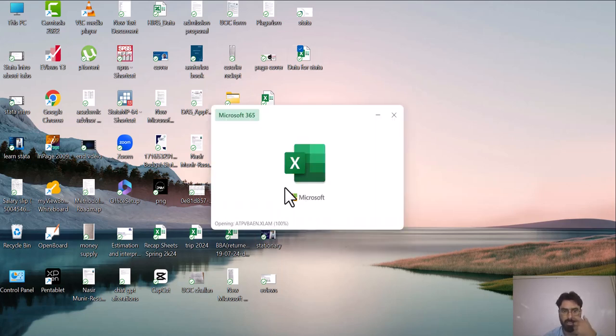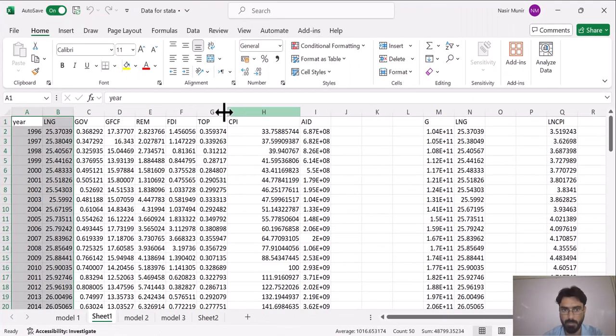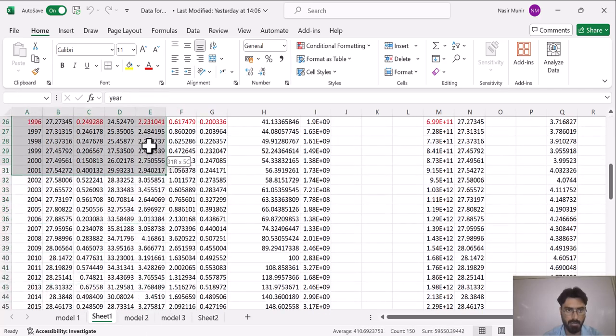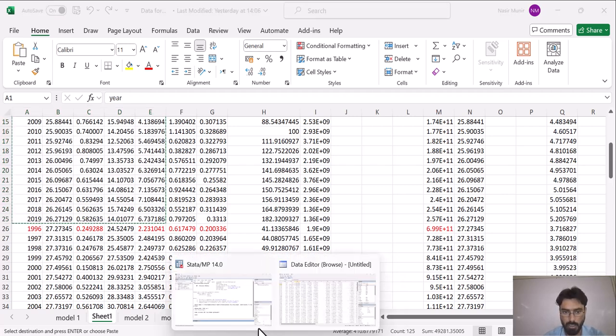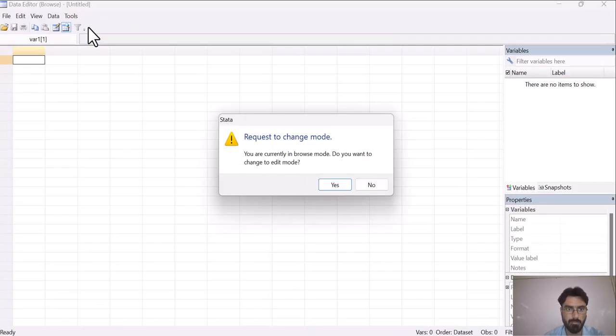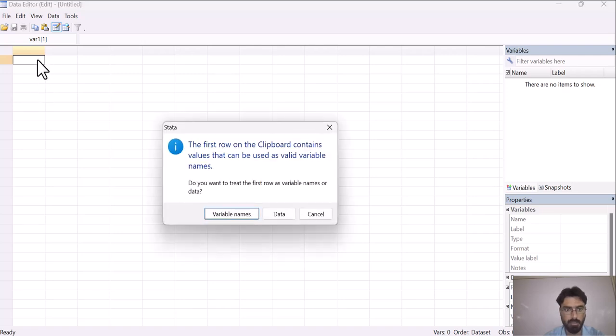As you can see, now I am opening my Excel file. Now it is opening. So we have to copy, let's say we are copying this data set. Then we have to go to the Stata file again, then go to data editor, and here you have to paste your data set. Now it is asking, do you want to treat the first row as variable names?